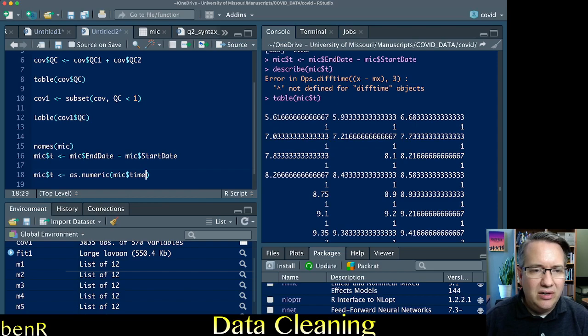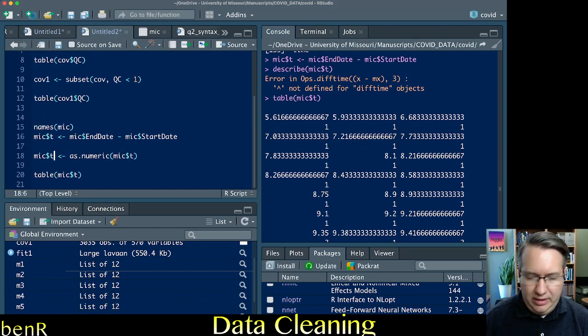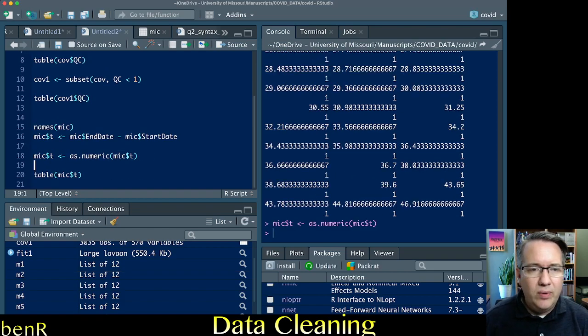So what I've done here is I've taken the old variable that is a time variable, and I'm asking it to be transformed into a new variable with the same name. So this will write over the existing variable. If for whatever reason you didn't want to do that, you could create a new variable called time1 or something, but we're just going to keep calling it T. So now we should be able to use the describe function,